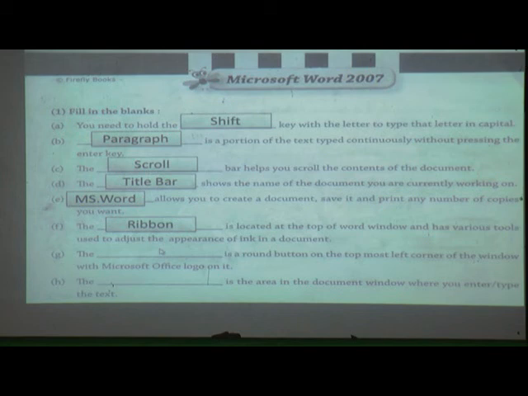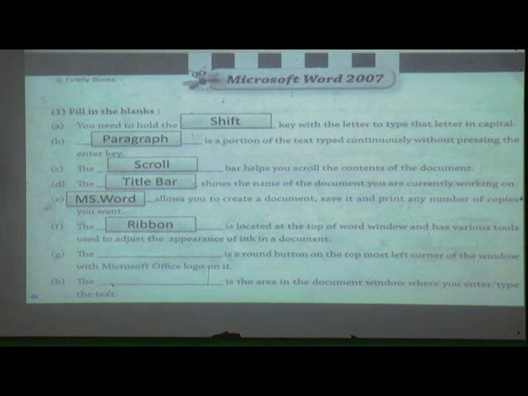The dash dash is a round button on the topmost left corner of the window with the Microsoft Office logo on it. Now we have 2010 software, but in the book it is 2007.